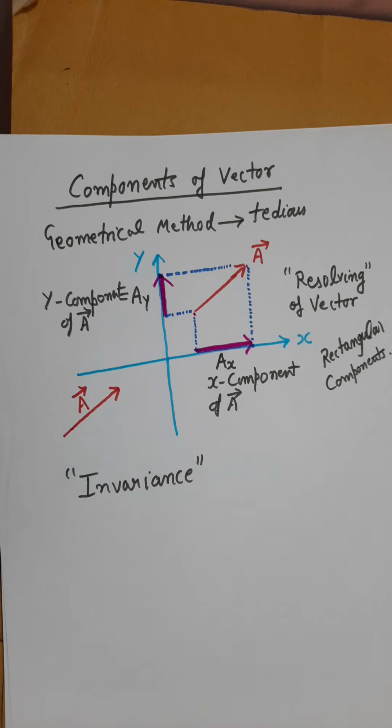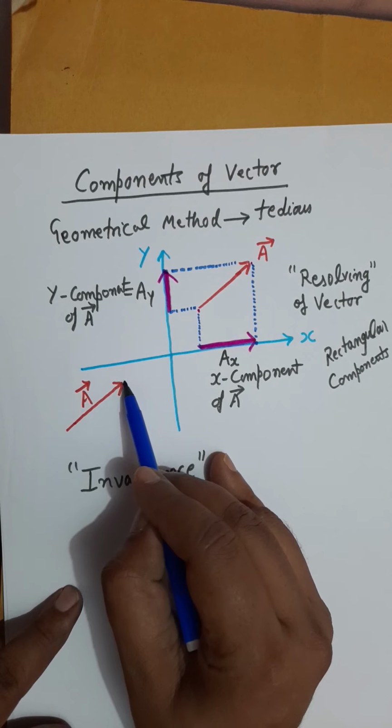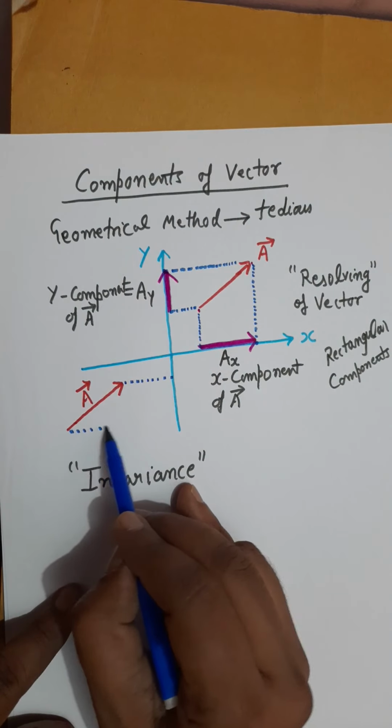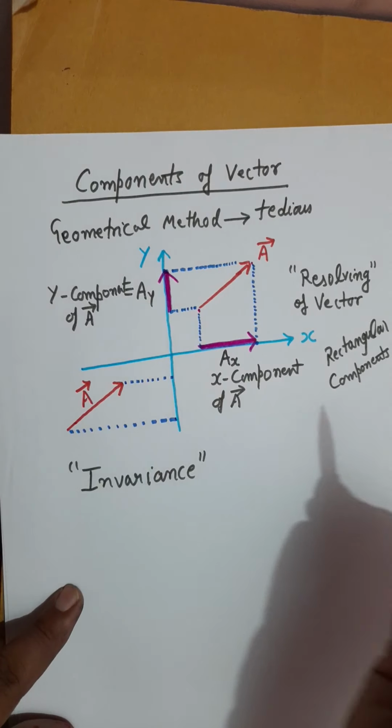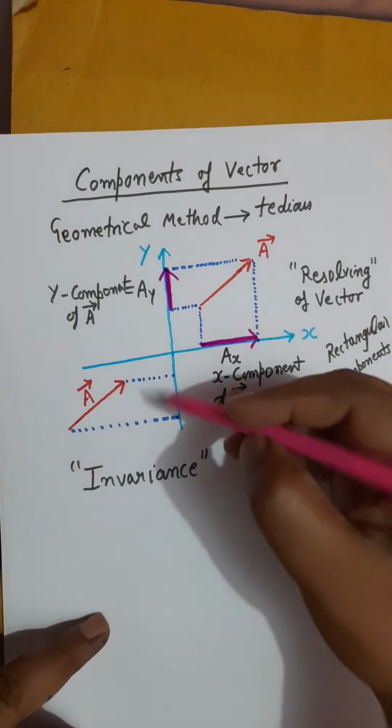And if you slide your vector from one place to the other place, that is from one quadrant to the other quadrant, remember the components do not change. And why do the components not change? Let's see. Now you will drop a perpendicular from the head on your y-axis and another perpendicular from the tail on the y-axis. So you get this much length. You get this much length.